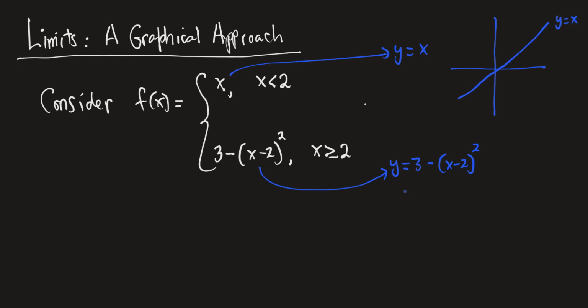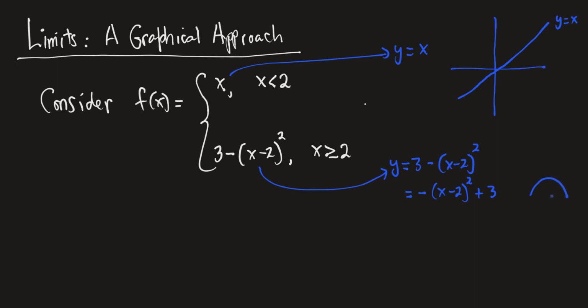But just to help you see the connection between this equation and the sketch that I'm going to draw in a second, notice there are several ways you can write this. So you could certainly write it like that. It's the same expression, and what we've used here is the commutative property of addition, right? And the fact that there's a negative sign in front of this, so this term right here is a perfect square. Since there's a negative sign in front of it, this parabola has to open downwards. So it has to look like this,